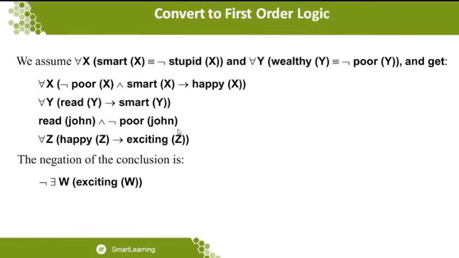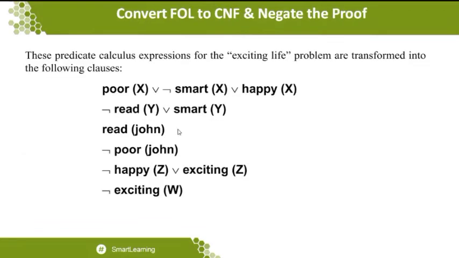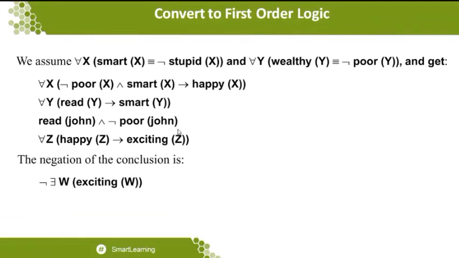After applying the negation, we have the second stage, where we apply the conjunctive normal form. What is the conjunctive normal form? The first part will be called P, and the second part will be called Q. What is the P part? When I apply the not statement here, the not and not are cancelled, then the for all x remains. The conjunction symbol becomes a disjunction symbol followed by smart of x, and after simplification we get an or symbol followed by happy of x.